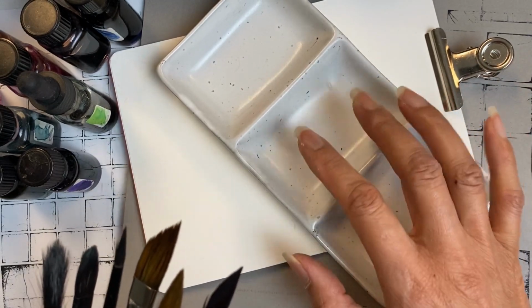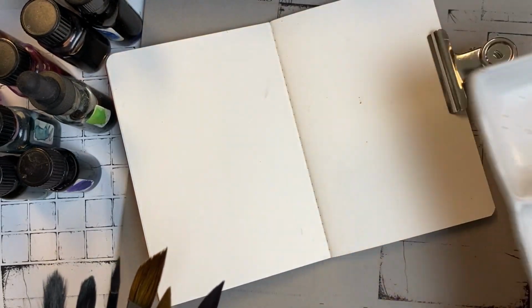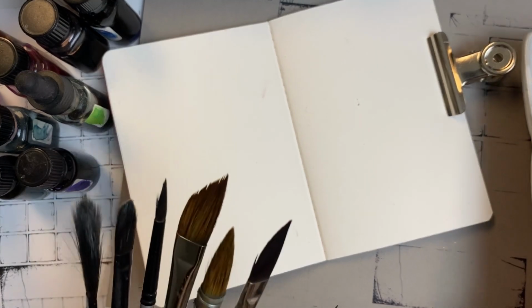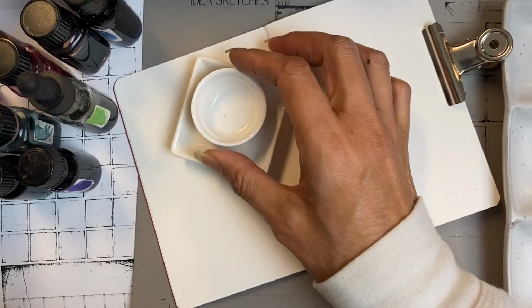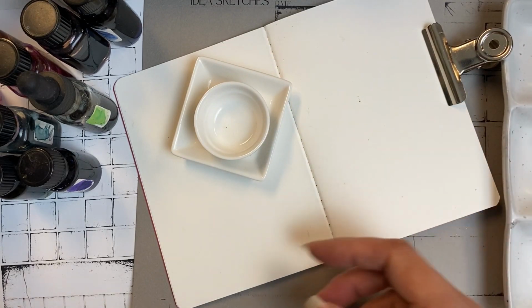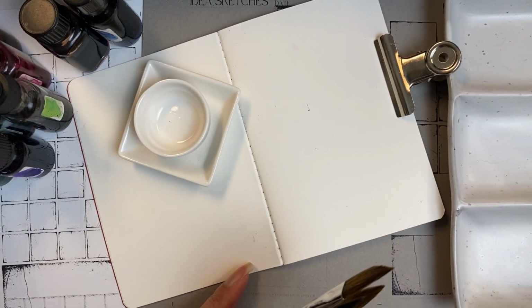And then I have an ink well. So I love these little ceramic dishes. I get them at Daiso, which is the Japanese, now $1.75 store. It used to be a dollar store, but it's great. They have all these really great little dishes. So you can get these and use them for a single color, or sometimes I just mix inside here. And let me just move some of my ink bottles over so you can see a little bit of this little